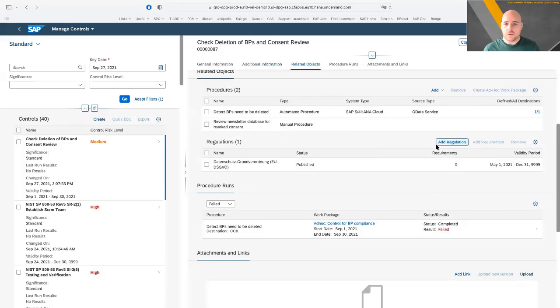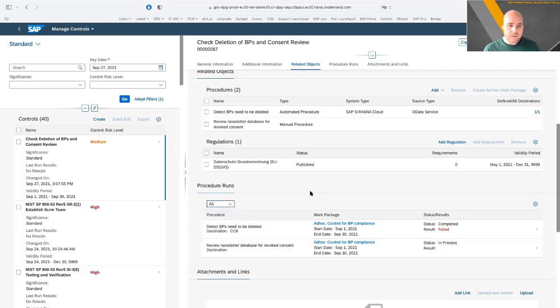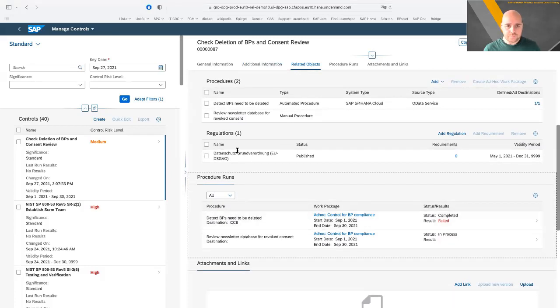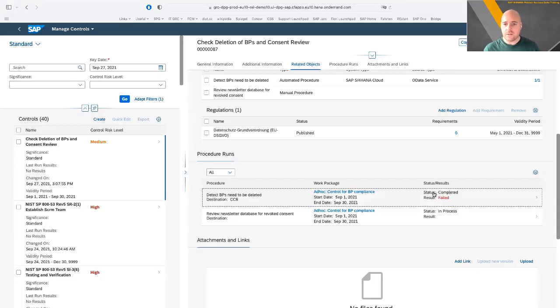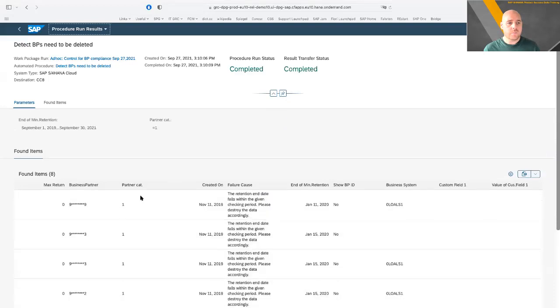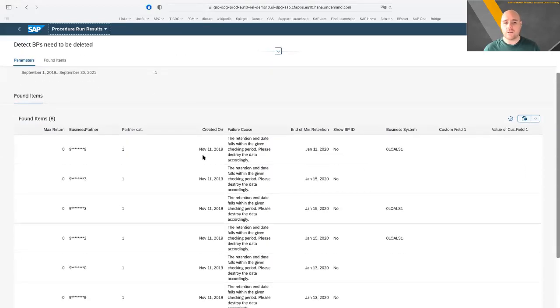Going further on the control, so regulation, you can assign a regulation and so on. And what you see here is that this control is executed once, and we have already executed the automated procedure. This was executed 1 or 2 hours ago, and with the result failed. So we have here a result overview about all the business partners found in these business systems, which shouldn't be there. Which should have been deleted anyways because they're older than a year, and our retention policy says this should be deleted,